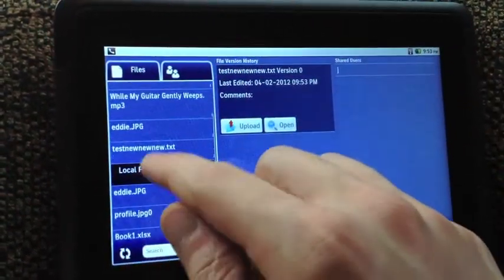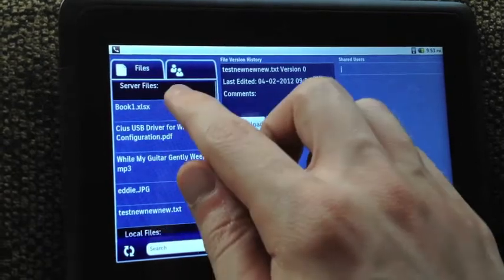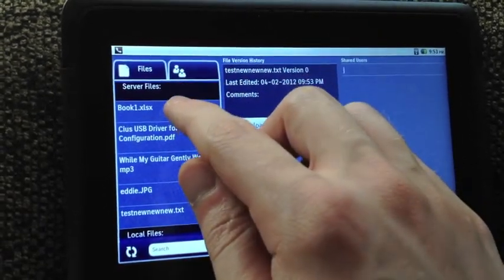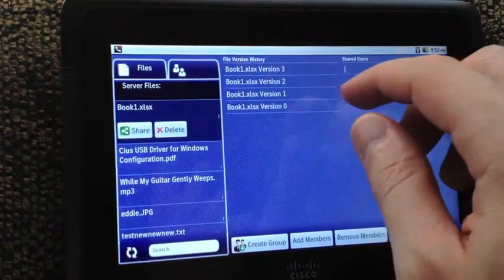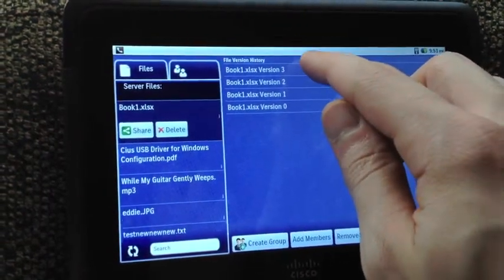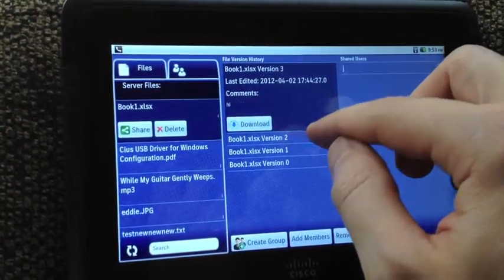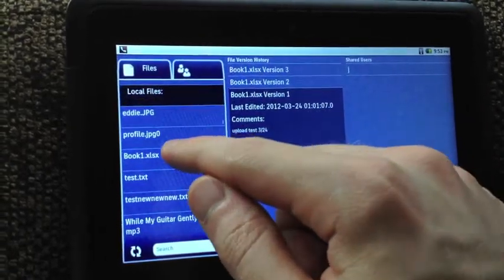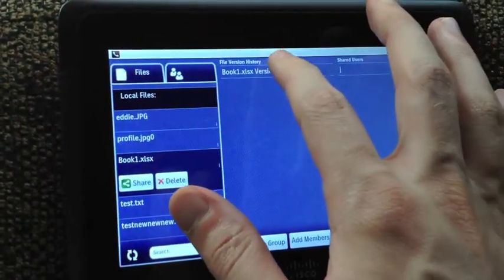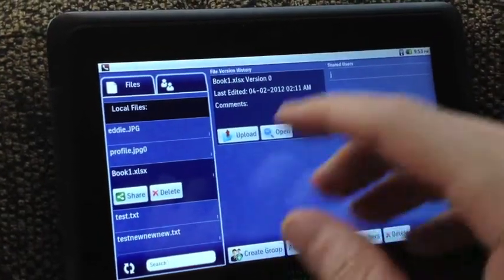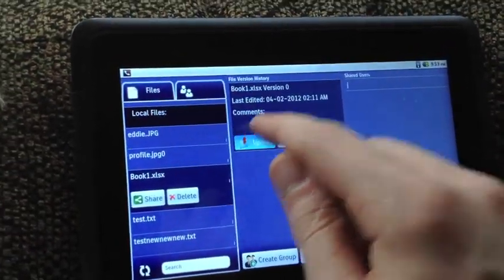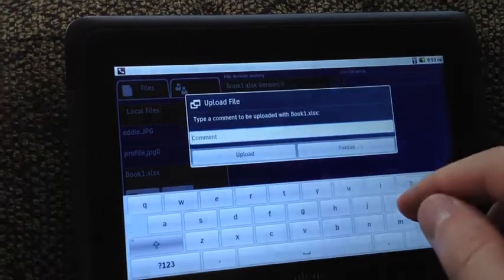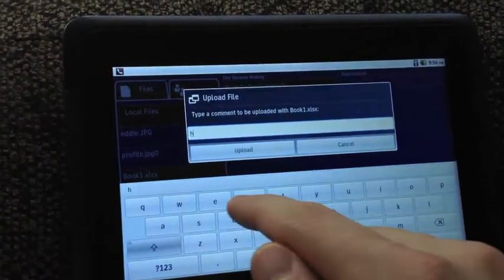So let's say that we've already downloaded a document and that we've edited it and we want to upload our changes. So let's click on this Excel document. We can see that there are currently 4 versions on the server, each of them having their own date and time information. And if we go down to our local version that we've been editing, we want to upload our changes. So we click Upload, and we can add a comment describing our changes, or in this case just saying something like hello,